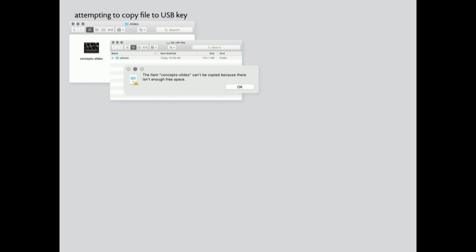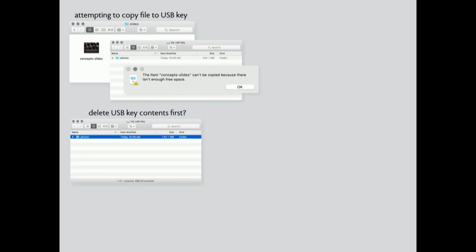So I'm a naive user of the Finder. What do I do? I say, no problem, I'll delete the contents of the USB key. So I select that, and I delete, and now it looks like that. And now I try and move again, and what does it say? Does it let me do it?